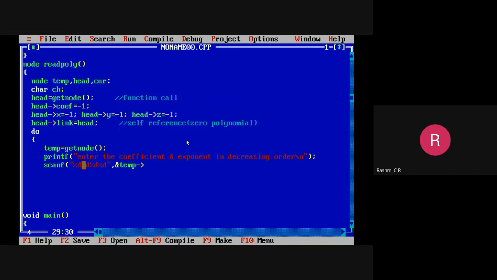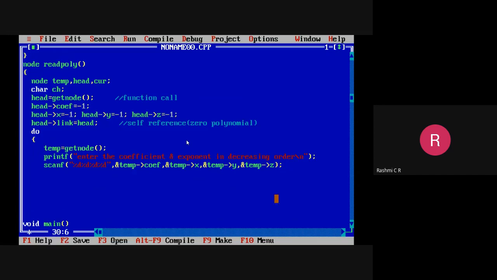For temporary node, we are assigning the values. One is for the coefficient, next is for x term, next is for y term, then last one is for the z term, temp z. So here we have assigned the data. Okay, so data assignment is completed.